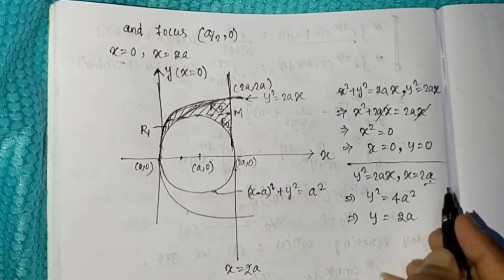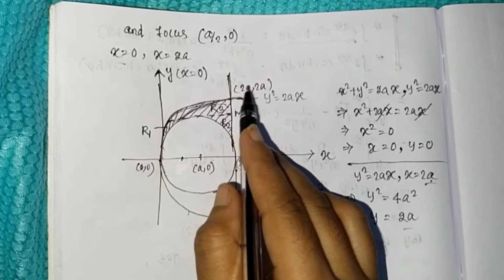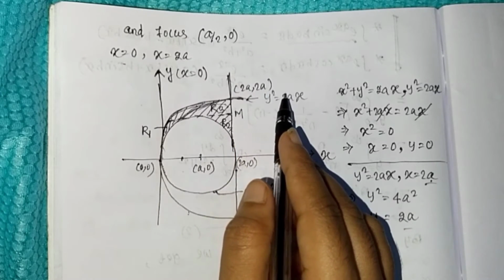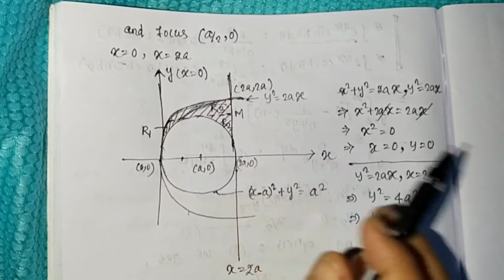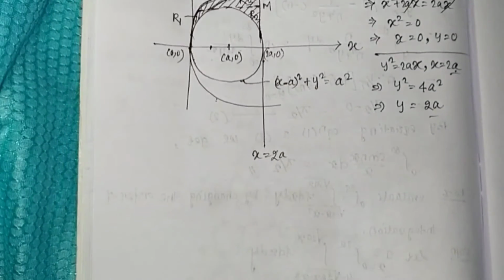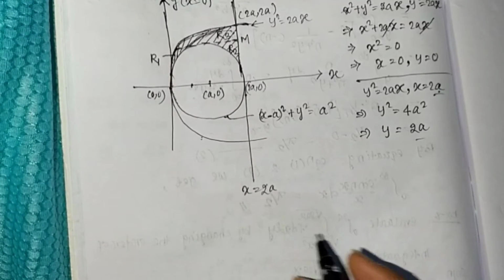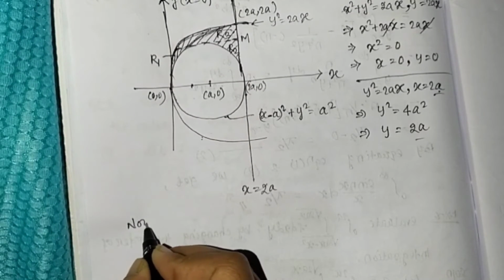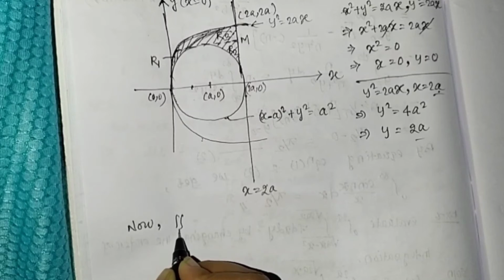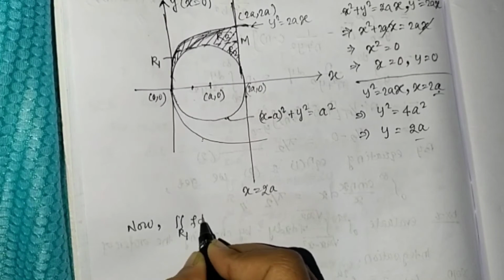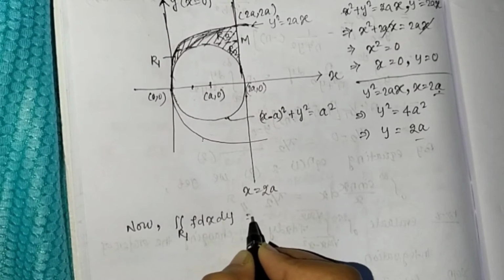So x is 2a and y is 2a. This point is (2a, 2a). Then first find the R1 region by changing the order. So now the double integration over R1 of f dx dy equals,